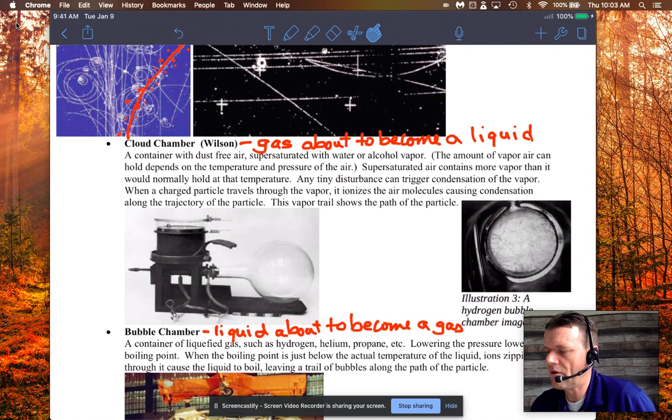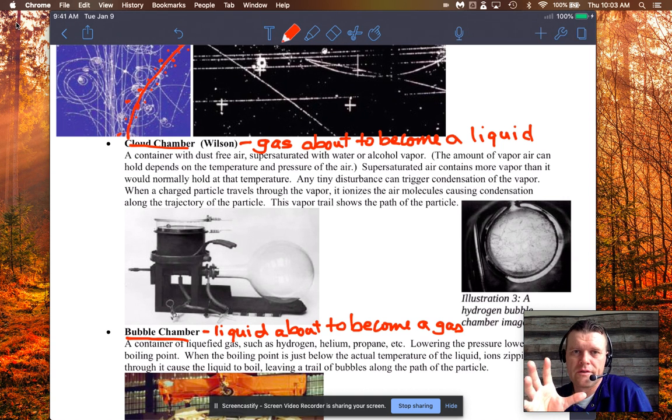Now, in this case, though, you're going to observe trails of gas, not trails of liquid. And so basically it became known as a bubble chamber. Okay. So you have basically a bubble chamber and you have a cloud chamber. Both of these chambers, and it's largely still how it's done today, are a relatively straightforward way of creating a way to observe subatomic particles like electrons, protons, and then a bunch of other weird ones that we're going to get to shortly.